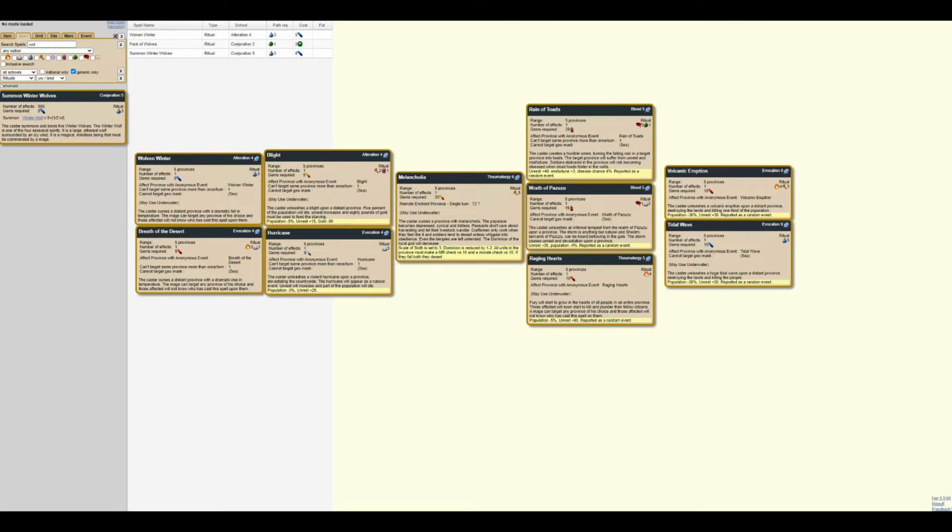You start with 5 provinces. You can get 6 range out of fire spells by just giving them the stick. Giving them a little flame focus stick, which gets you to 6 provinces. 6 provinces is a long way. So